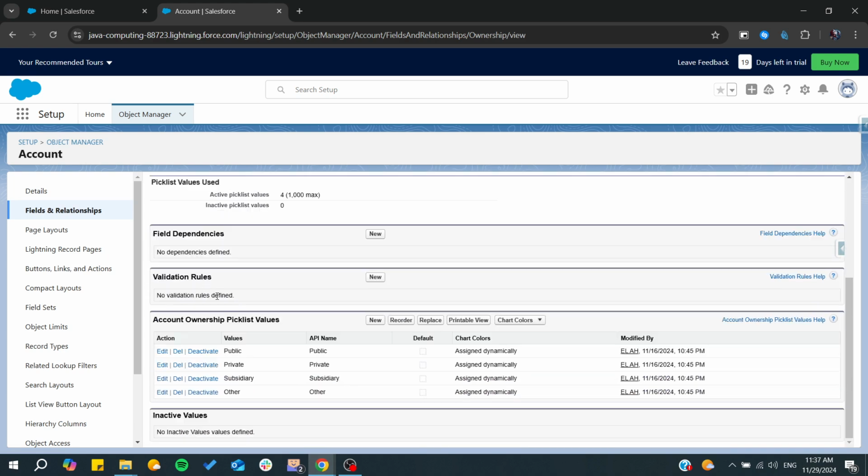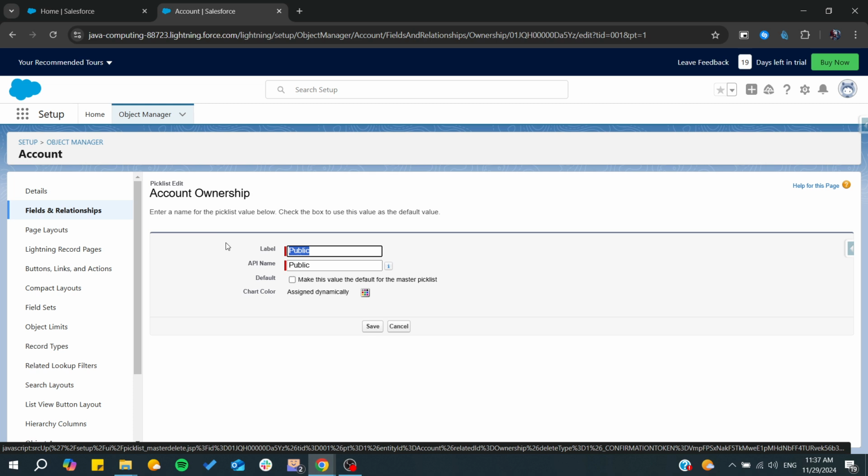And basically now we need just to search for the values for our pick list. So as you can see, those are our values in the pick list. And all you need to do is just choose the value. And from here, you can edit the value, you can reorder them, you can create new value, or you can do whatever you want. So we can click on edit on this value, and basically it will take you to